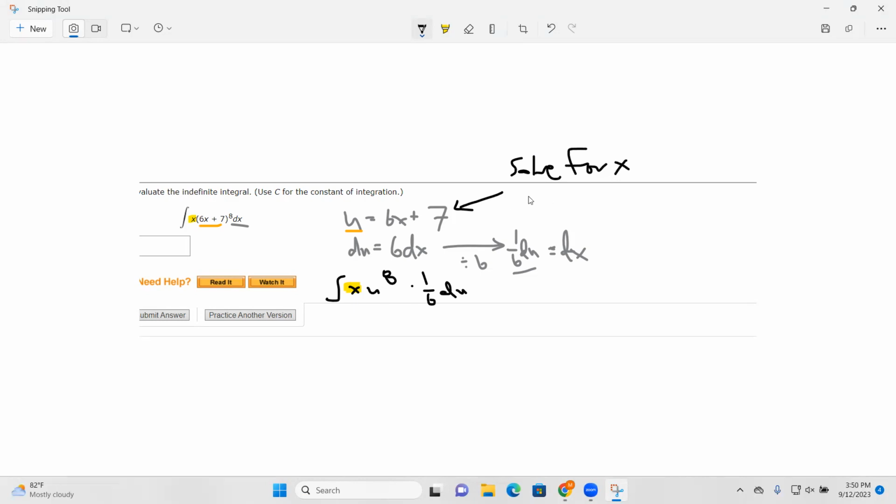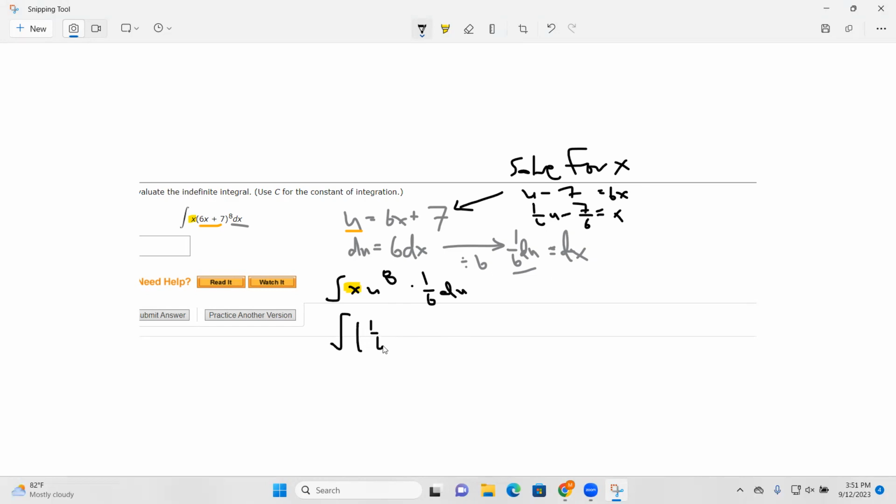What do we get? Let's see, we just subtract 7 from both sides. You get u minus 7 equals 6x. And then, well, solving for x, divide both sides by 6, you get 1/6 u minus 7/6, dividing both terms on the left-hand side by 6. And this is not perfect, I suppose, but it works, because if you let x be replaced with 1/6 u minus 7/6,